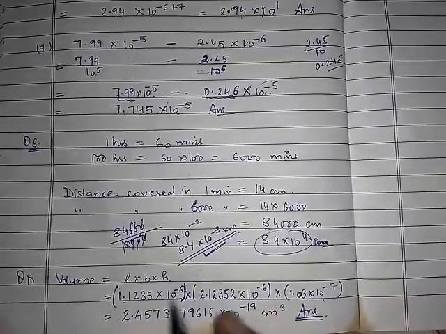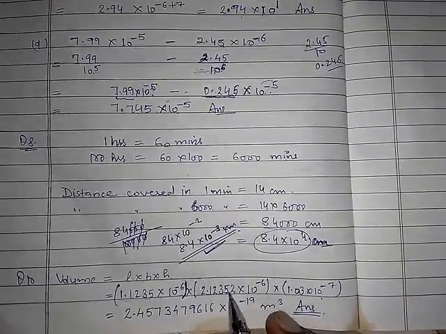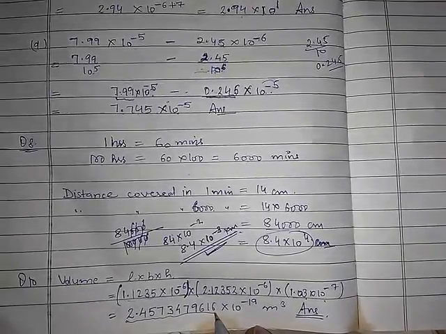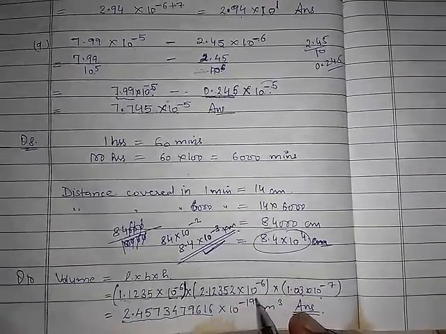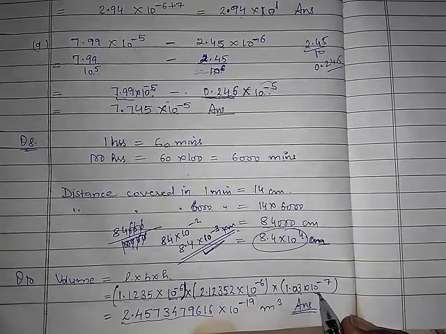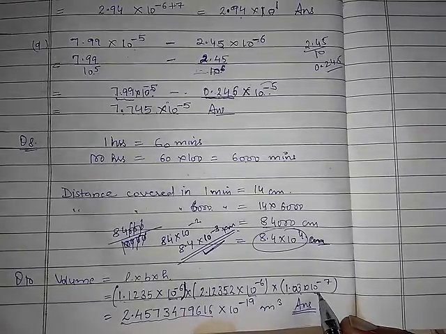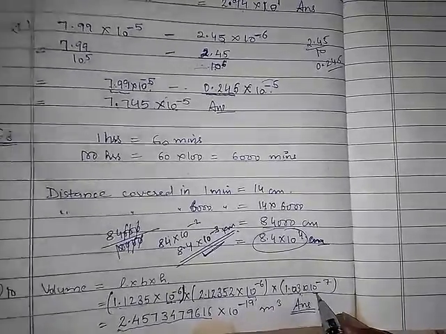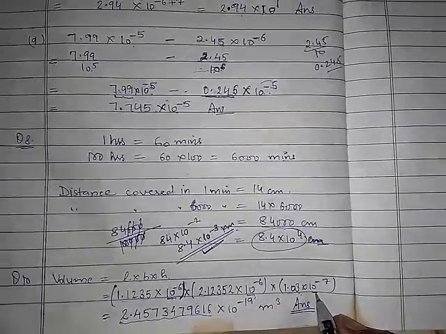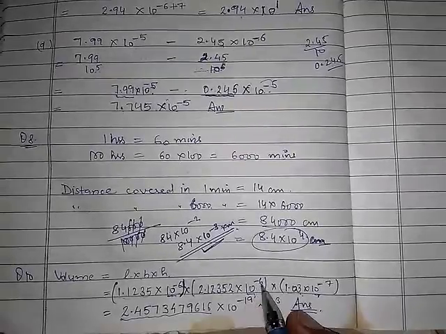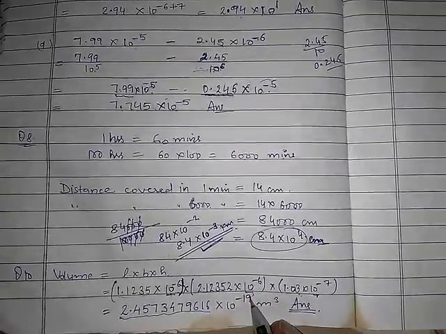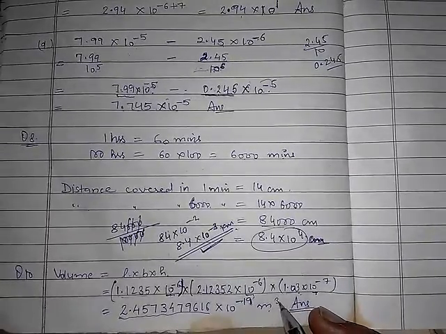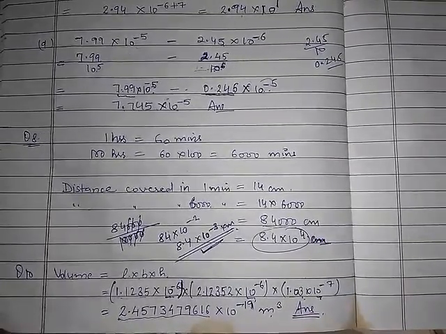So what I have done in the last, I have multiplied these three numbers, this one and this one, and this answer I am getting over here, right? And after that, this into this into this. So remember the rule I told you in the last processing. The bases are the same, they are in multiplication, so the powers will be added. So what is the addition of 6, 6 and 7? That is 19 with the negative sign. Clear? So after that, put the unit of the volume, that is meter cube.